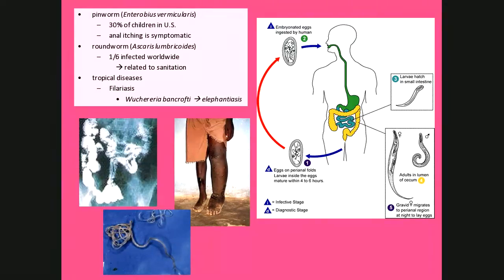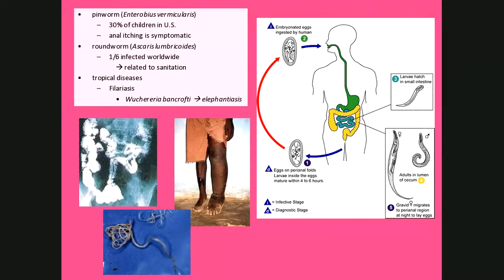Let's take a look on the right-hand side. Let's start with number 2 at the top. The embryonated eggs are ingested by the humans. So the eggs are in the environment. This is why it's so common in children. 30% of the kids in the U.S. have it, because young kids are notorious for putting all kinds of things in their mouth, right? Dirt and all sorts of stuff. So if they're out in the environment and